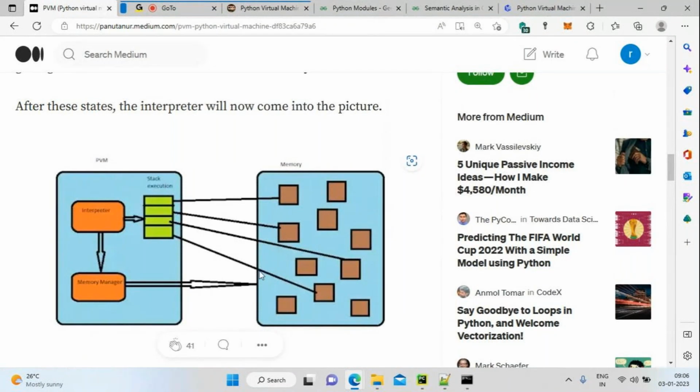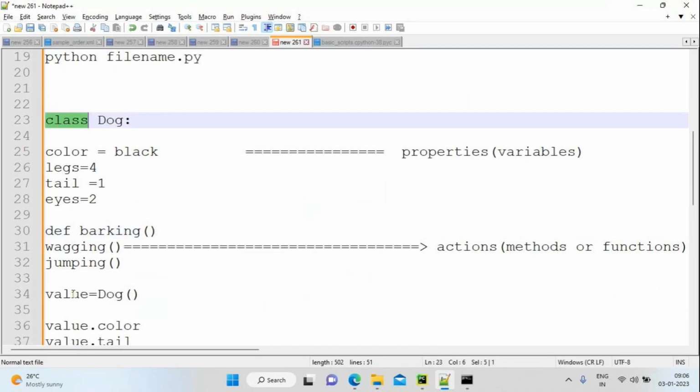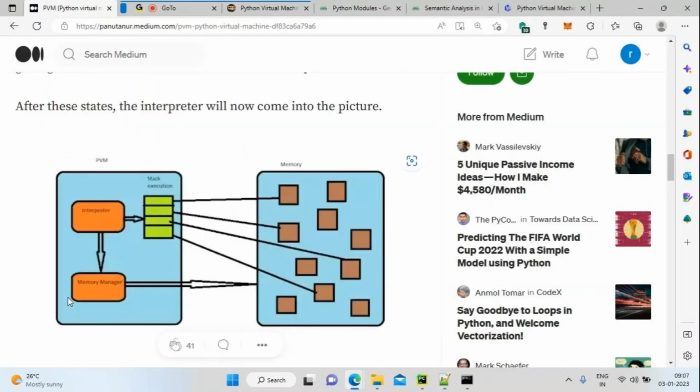And then it has two kinds of memories. One is heap memory, another one is stack memory. If you want to create an object for a corresponding class, you want heap memory. I want to store the reference of the particular object. For this dog class, I created an object. The reference is value. This reference will be stored in the stack execution.